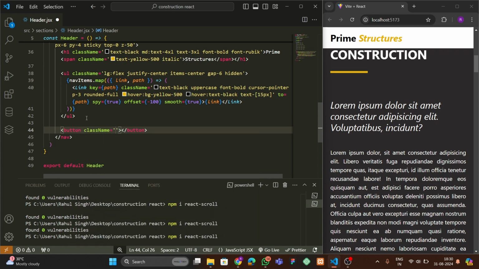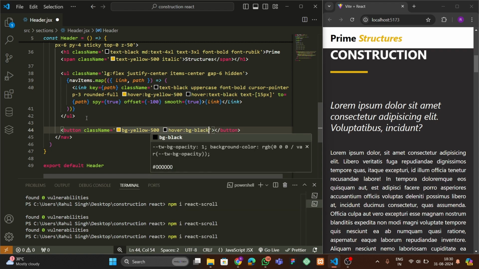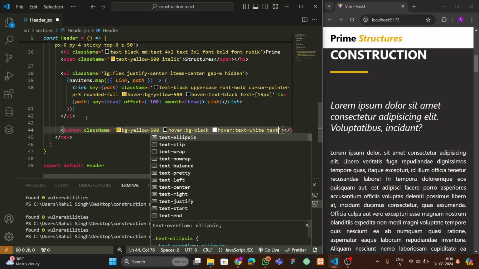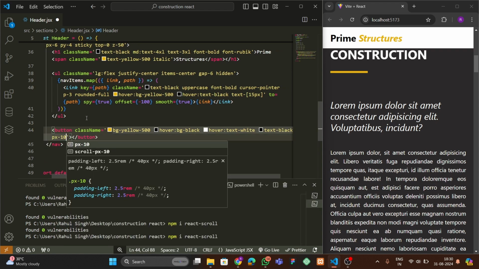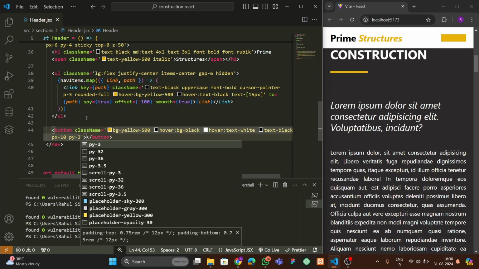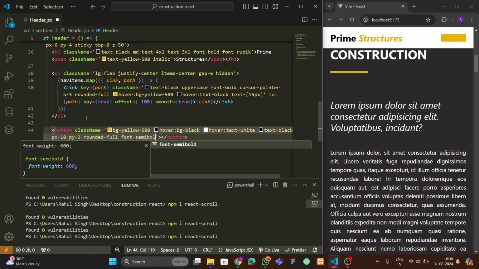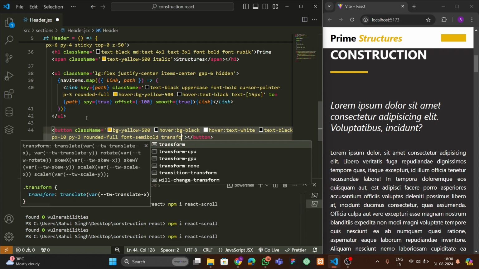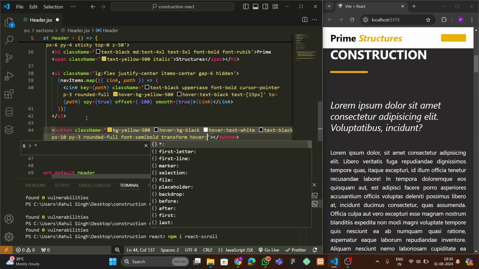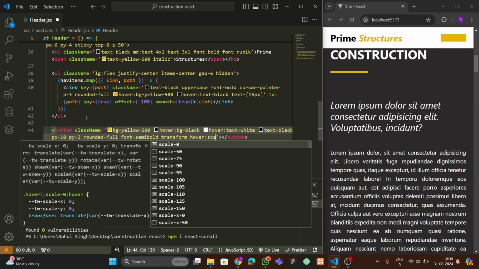So let's give the class name bg yellow 500, hover bg black, hover text white, text would be black, px would be 10, and py would be 3. Let me save this. Rounded full, font semi bold, and here let's give some transform and hover property, means the animations, so it would be scale to 105,